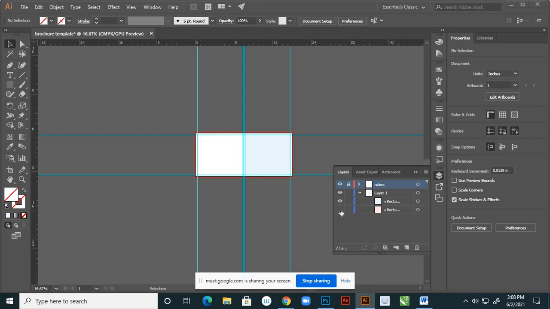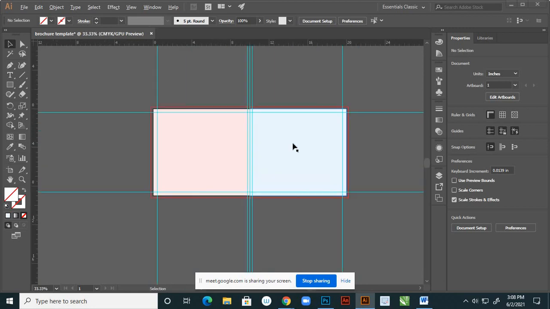So this blue one is the first page and this is the fourth page, right? So here I'm giving the name first page. The back page, for time being, the fourth page, I will lock this one, right? Okay, we have to decorate.